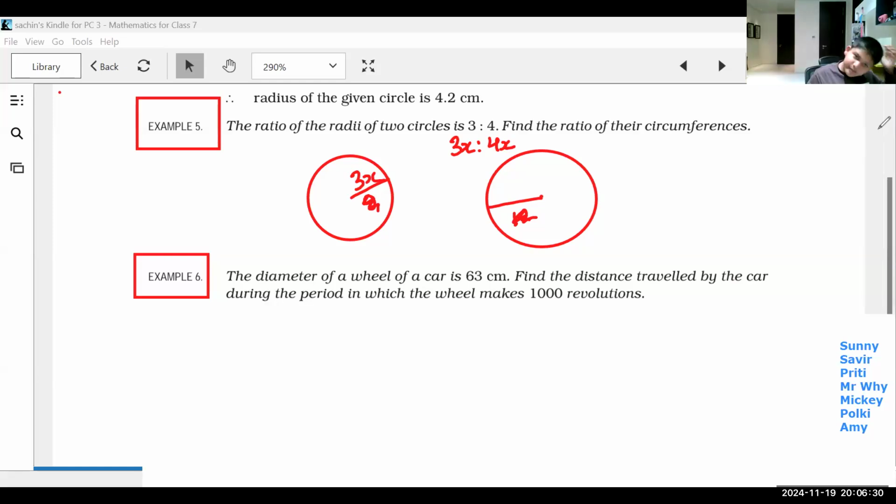सर रेशियो डेसिमल में हो सकती है? हो सकती है, बट इट वोंट बी।